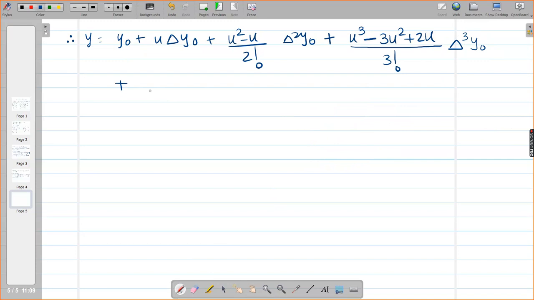Yes. Ma'am, why did we take y equals f of a plus hu? Yes, look Vipashini, when you write u equal to x minus a upon h, then what does x become? What is x? uh is equal to x minus a, so x becomes a plus hu or uh. Okay? Yeah.